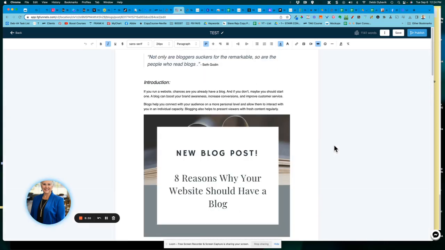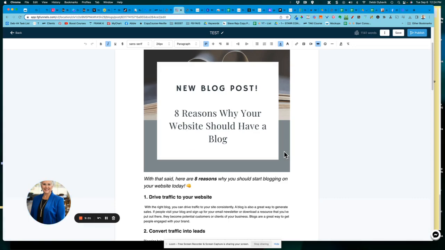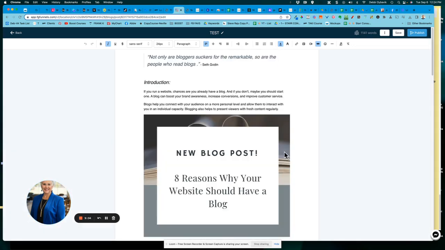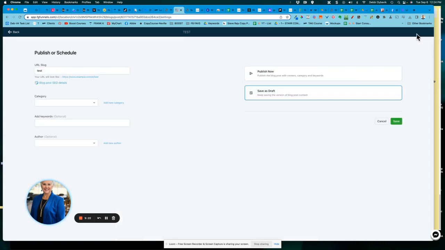So what I would do is I would create basically a little template. This is a template, but it has a lot of stuff on it. And then I would just clone that template and use it over and over again. Okay. I'm not going to do anything here with it. Let's just pretend that I've typed all this stuff, and now when I go to publish,